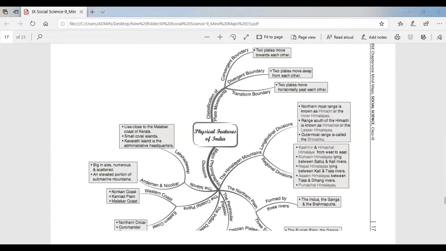Next is the Deccan Plateau. It is a triangular landmass that lies to the south of the river Narmada. An extension of the plateau is also visible in the northeast, which is known as the Meghalaya, Karbi Anglong Plateau, and North Cachar Hills.